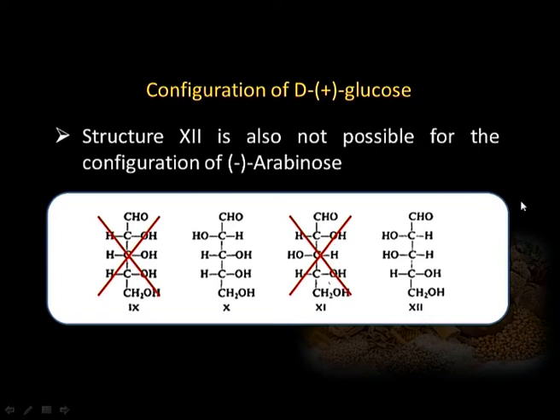Since 7 and 8 are not representing the glucose mannose pair, and we know that experimentally minus arabinose on Kiliani-Fischer synthesis gives the glucose mannose pair, it means even this 12 is not representing minus arabinose. So, we are left with one configuration only, number 10, which represents minus arabinose, and we can see it is this structure 10 which on Kiliani-Fischer synthesis will give 3 and 4. So, by these arguments we could reach one configuration for minus arabinose and 2 configurations, one for plus glucose, the other for plus mannose.